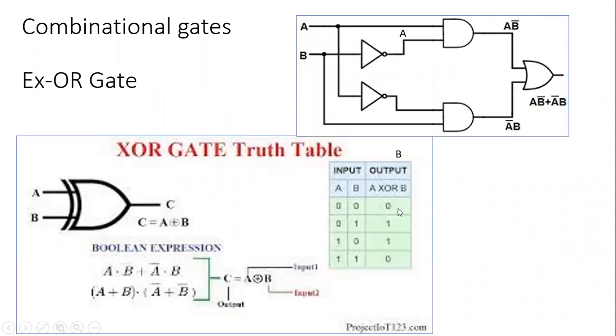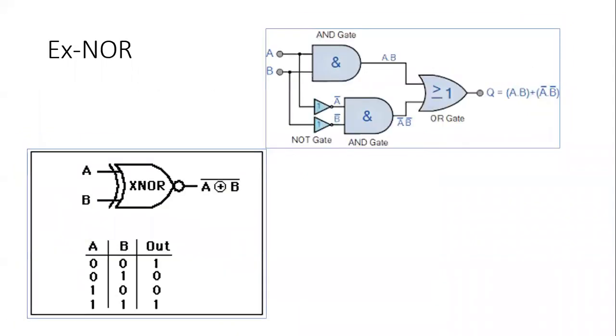What about the truth table? The truth table says that when both inputs are the same, that is 0, 0 or 1, 1, you will not get the output, but if any one input is present, then you get the output. You have to remember that. Now, if you solve the inputs here, that we will do in the next step, we will get this output automatically. Then comes XNOR. Now, what is XNOR?